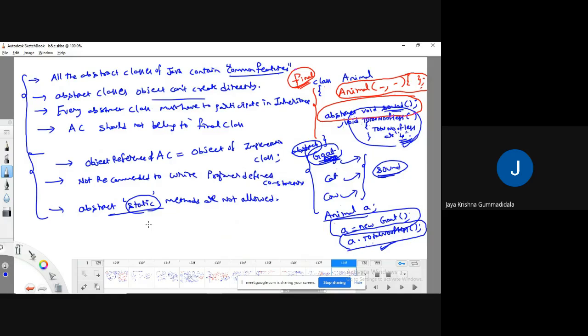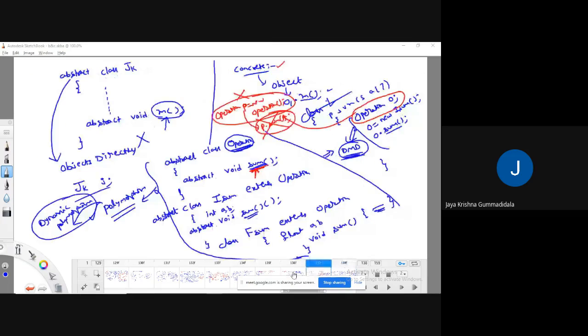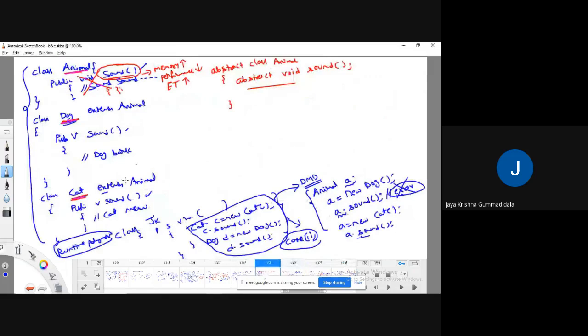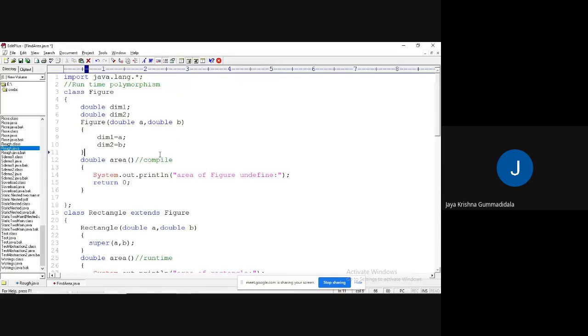Now let me show this example once again. What example have I defined? I will execute this so that you get clarity. I made this program, and I will save it once again.